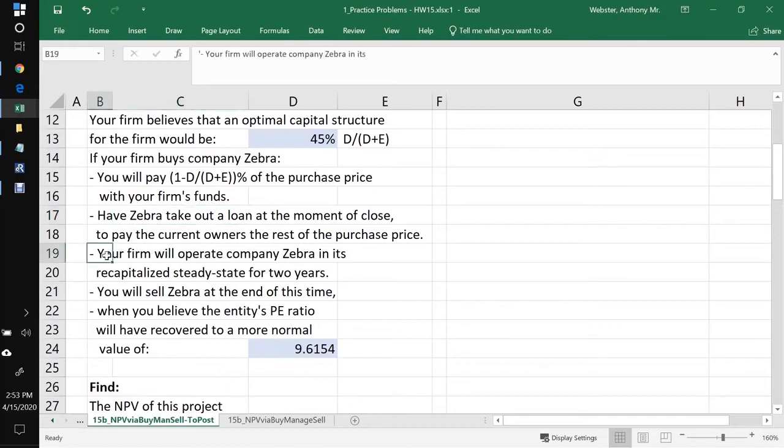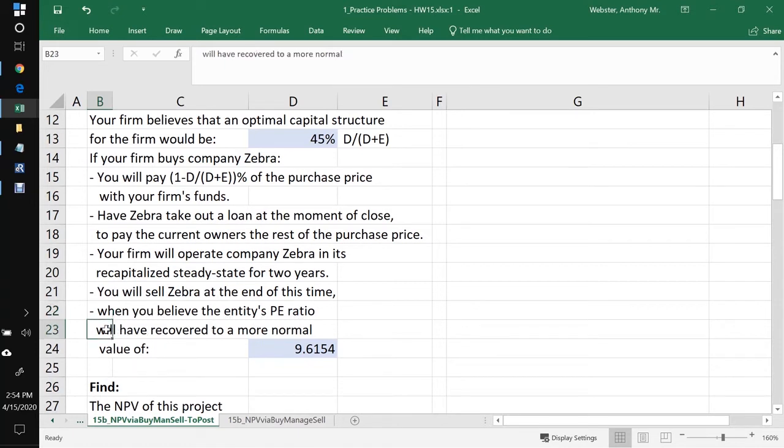Okay, so then what else would you do? You would operate the company in its recapitalized steady state. So you're going to keep it steady state. You're not going to go into new markets, do anything silly. So it'll keep operating in steady state for 2 years. At the end of 2 years, after you've got 2 years' worth of dividends, hopefully free cash flow dividends, you're going to sell Zebra, okay? And why are you doing that after 2 years? Because that's when you believe the PE ratio